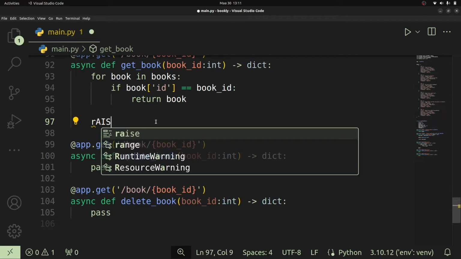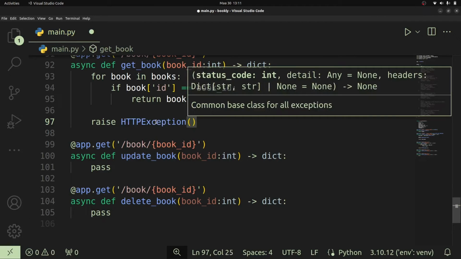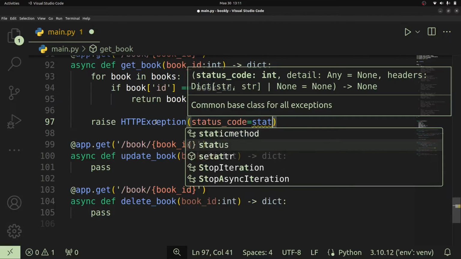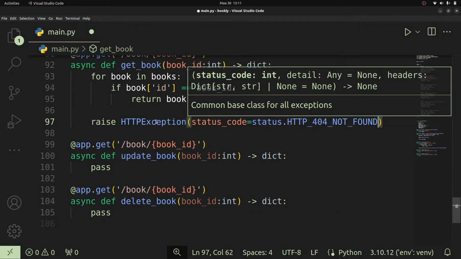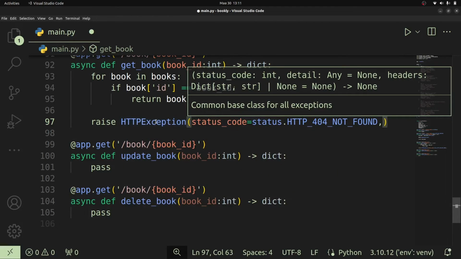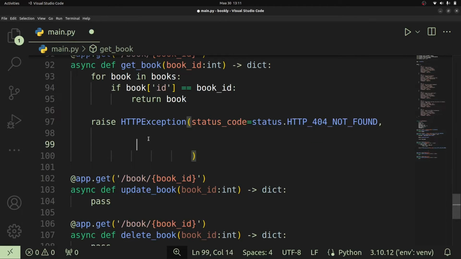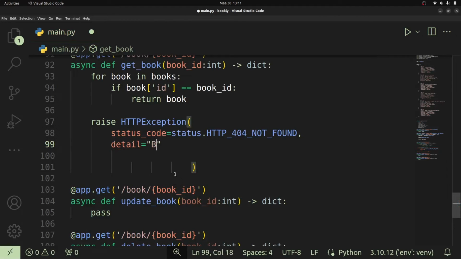So once we've been able to import that HTTP exception class, let us use it to raise an exception. So we're simply going to come and raise HTTP exception, and this is going to take in a status code. So we're going to use status.http for. So this can be 404 not found because we have searched and not got the specific resource that we are trying to retrieve. And then we can also provide the detail. So the detail in here can be something like, so I'll put this on the next line. So we can come right here and say that our detail is going to be book